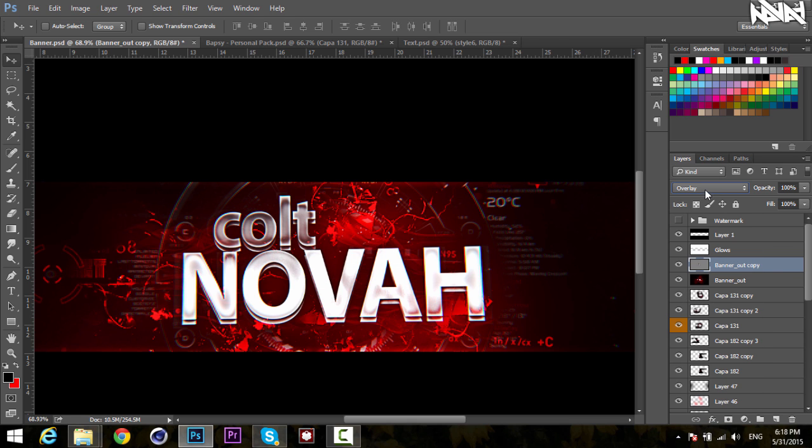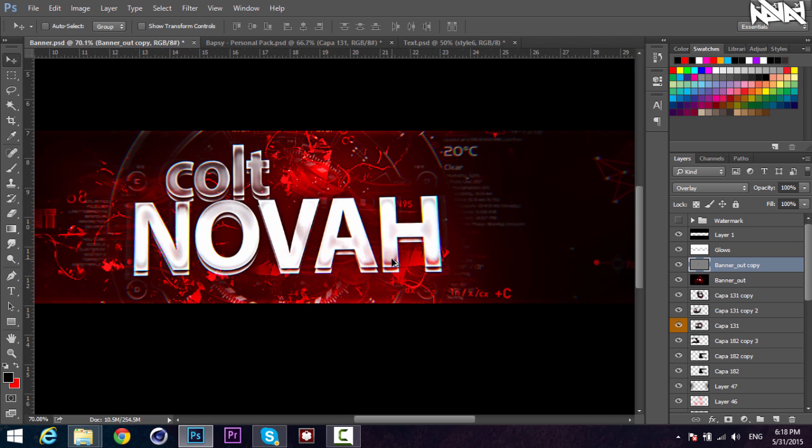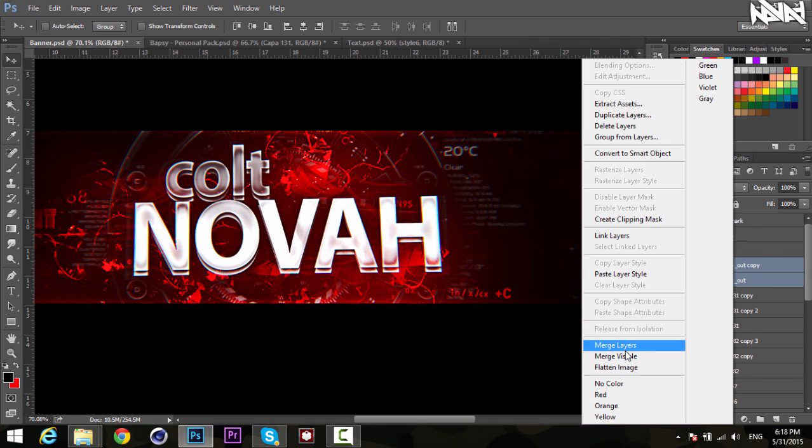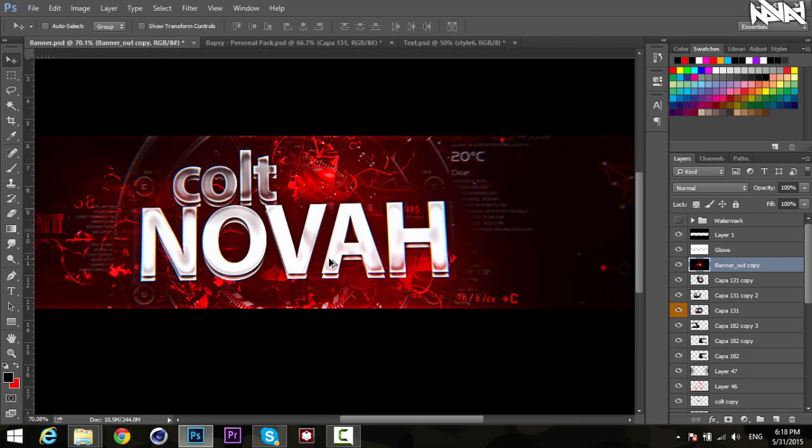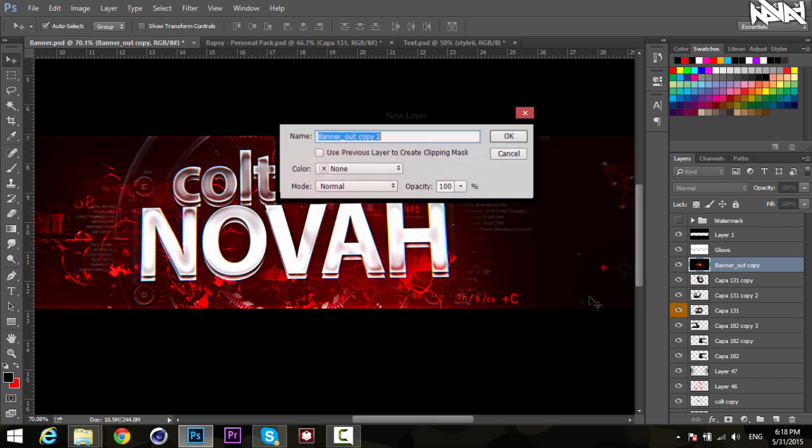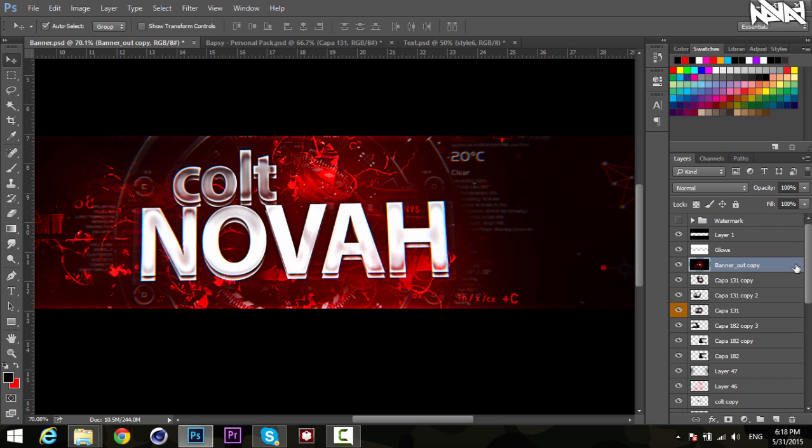If you want a sharper look, you could do vivid light, but I don't really like that too much, to be honest. So I'm gonna go with overlay. And I'm gonna merge these two layers, and then I'm going to duplicate it again. And whoops. Now I have a plugin for Photoshop CC called